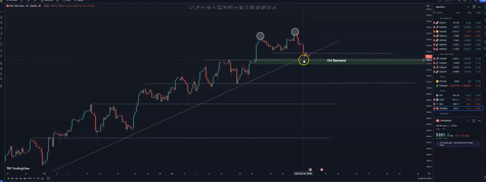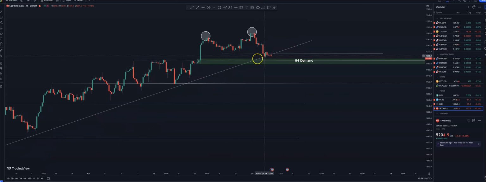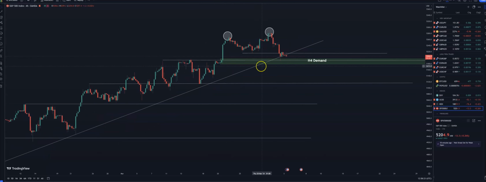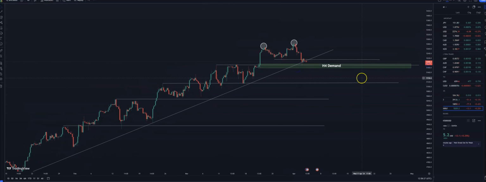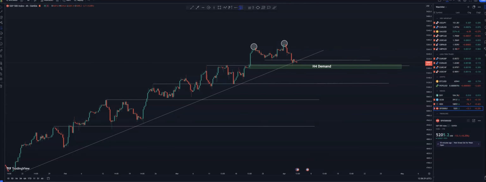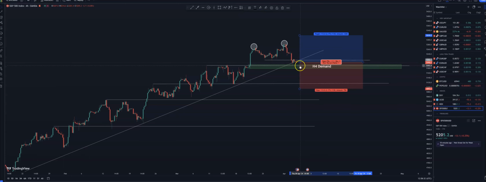And we can see the hammer forming at the H4 demand with an extra layer of confirmation with this bullish candlestick right here, immediately after the hammer. So these two things alone, right at this demand area, give me a sense of a bullish move in this market. So if I'm going for a trade like this as well, I'll probably be aiming at,